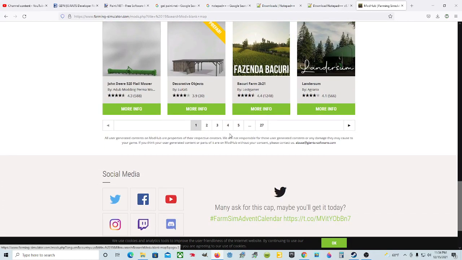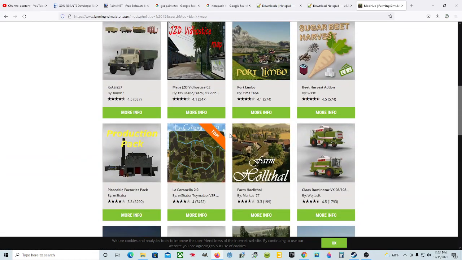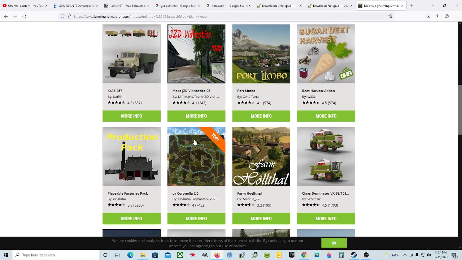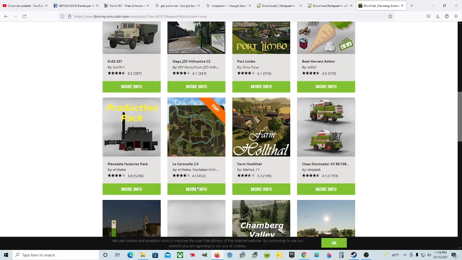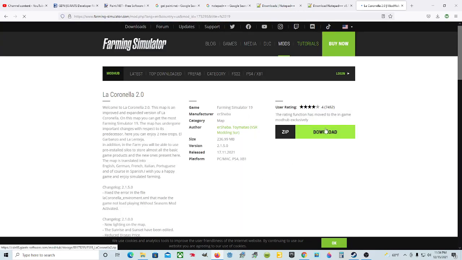I don't know where they've all gone, what the deal is, but used to you'd see a whole blank. This would be all green and you could get it and download it. You click on it. I'm just going to show you how to do it if you find one on here that's a blank map, or on another site. You click on more info, and then of course download it and go through the prompts, etc.,